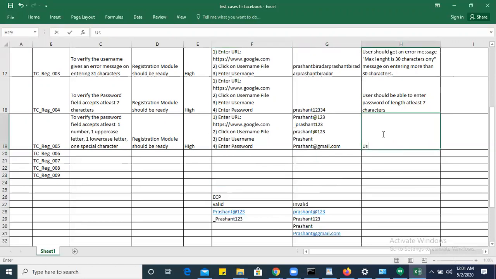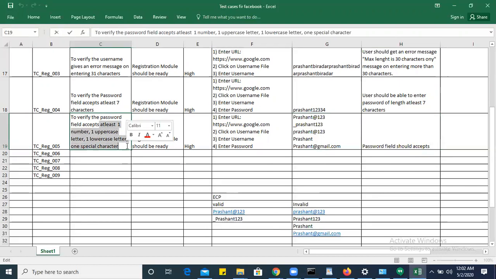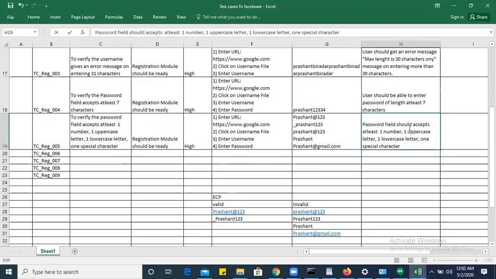So now here, the password field should accept at least one number, one uppercase letter, one lowercase letter, and one special character, along with at least 7 characters.